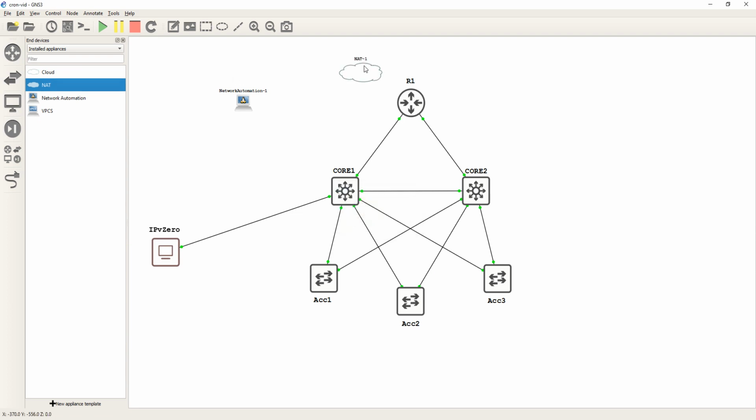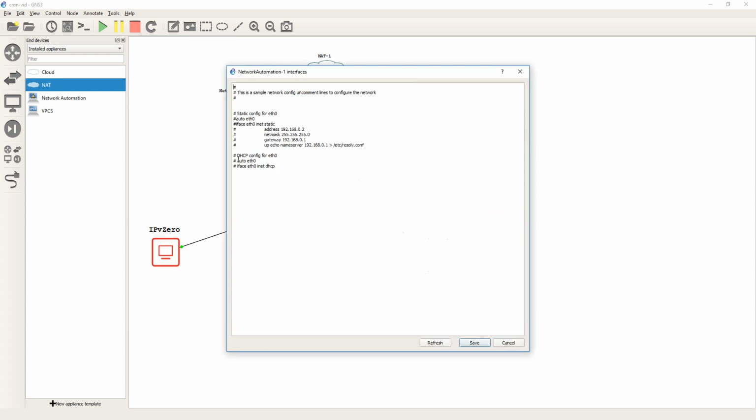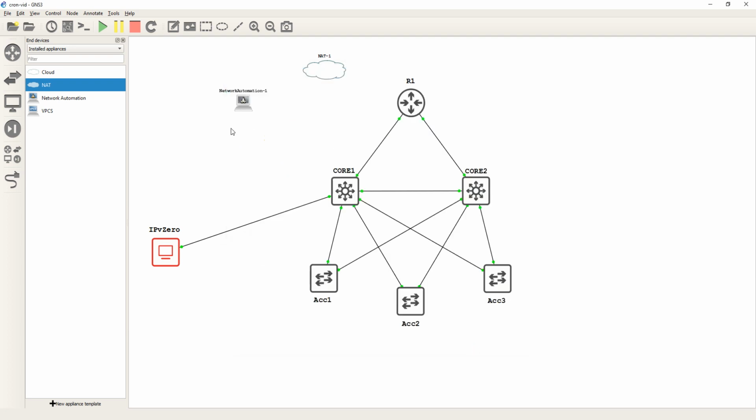GNS3. Okay. Now if you go into edit config, down here, this is the basic startup configurations. Just take this comment out, take the hash out. Same in the bottom one. So now it's going to get a DHCP address from your actual router in the house. Save that. Connect ETH to NAT. And if we start that up,